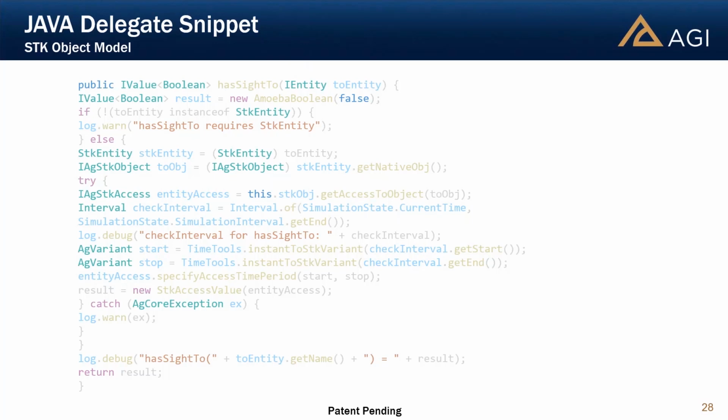And I could choose to, if I wanted to build a simulation and I wanted to answer has sight to in the context that I've described, I'd have to write this code each time or pull this nugget out. But with the ontology, I get, hey, here's the contract that you're going to have to adhere to. And this delegate, as we call it here, has to adhere to that contract, or what I've said that object can do. And this becomes the CS aspect of the implementation I described earlier, where now I can use has sight to on my state machines and not have to write this code each time